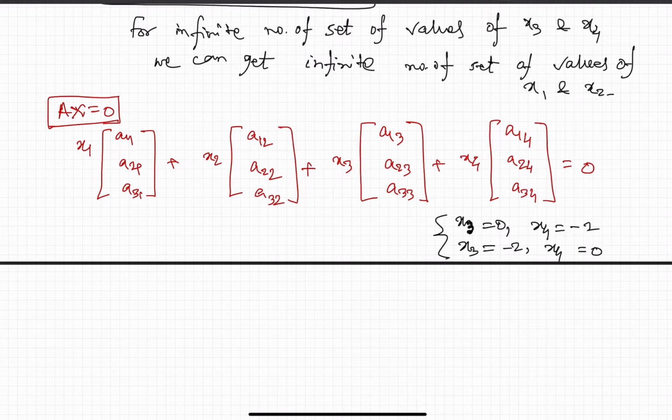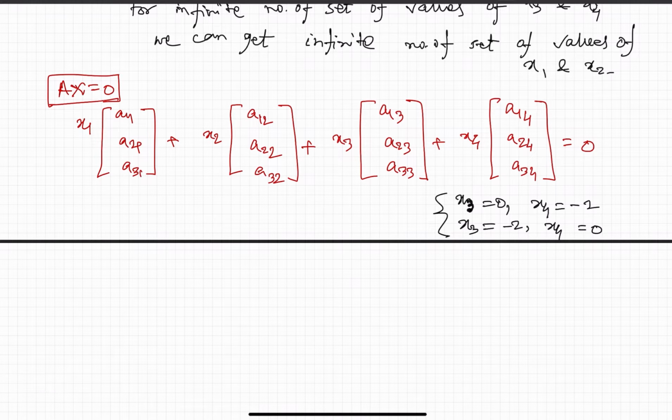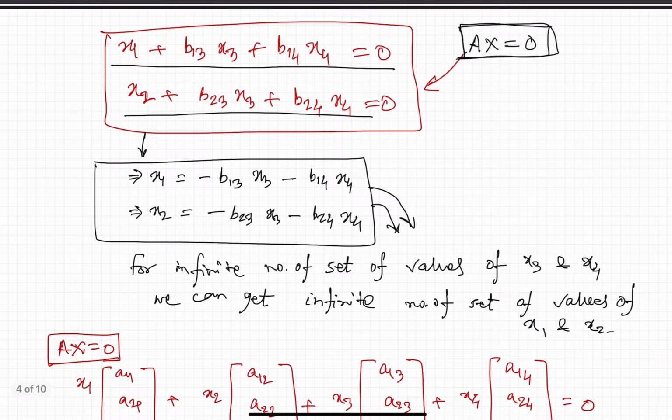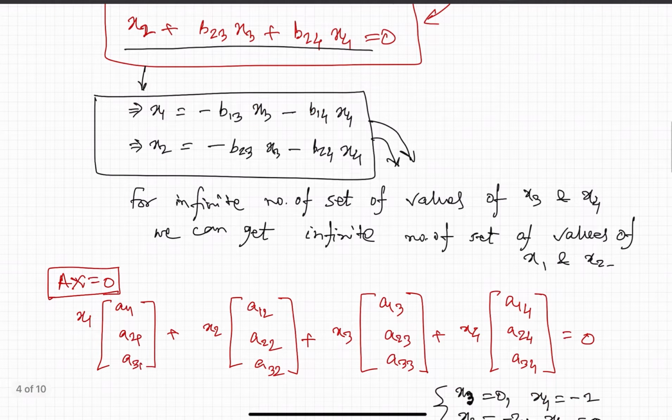We are just taking these two and we will see what will be the value of x1 and x2. From these equations we can see, if we put x3 is equal to 0 and x4 is equal to minus 2, x1 would be 0 minus 2 plus 2b14. So x1 would be 2b14,